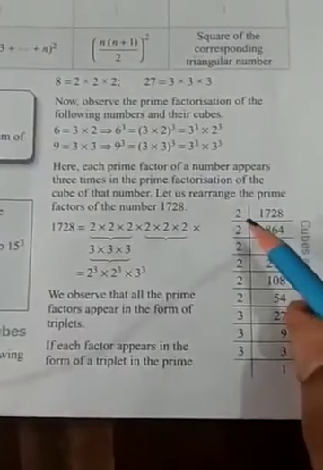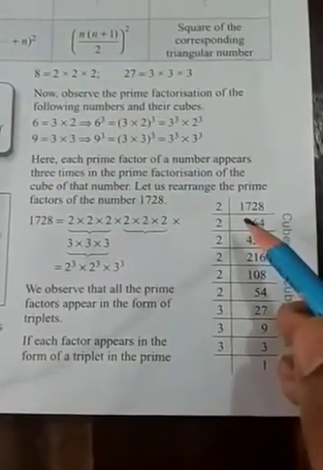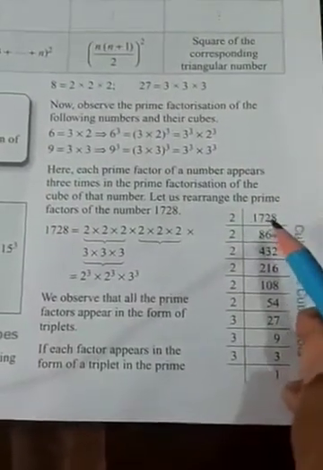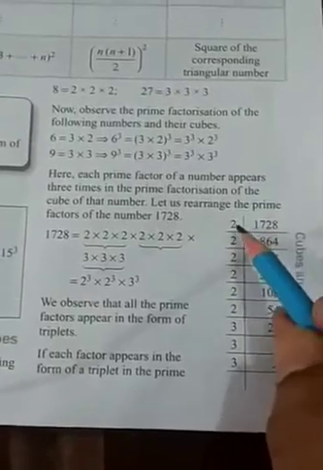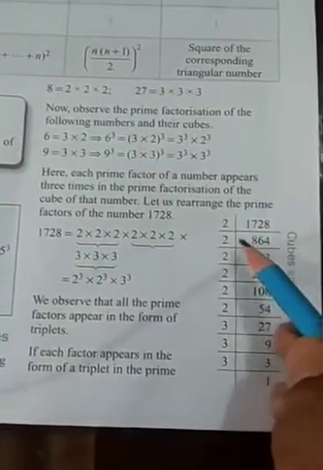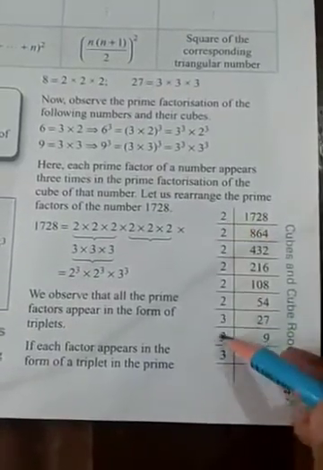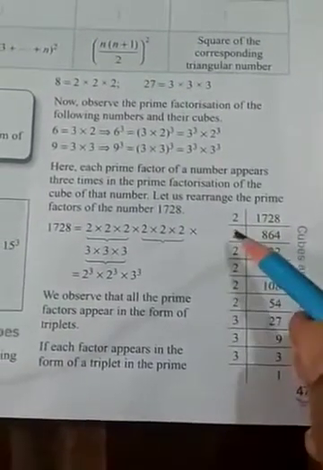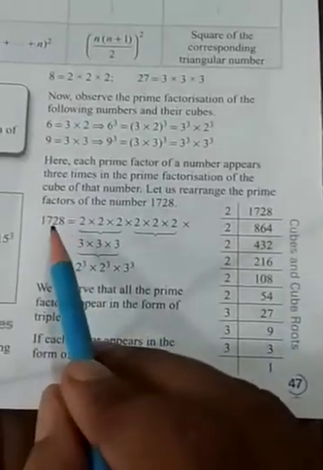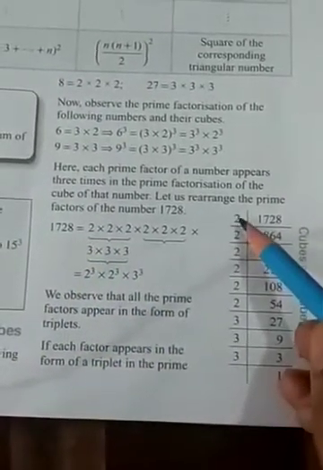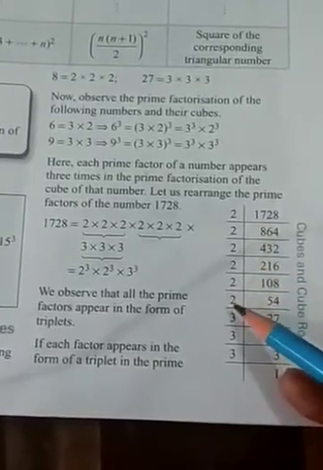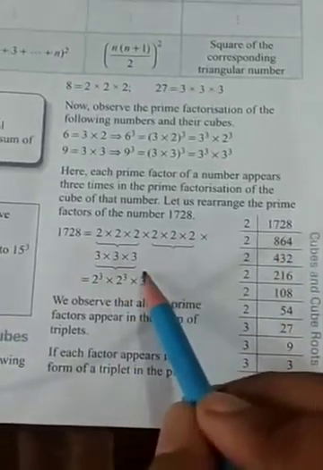So this method is well known to you because in earlier classes you have done this. It is divisible by 2. So we can divide it several times by different prime numbers. You have to divide by prime numbers only. So we have to write this number 1728 is equal to, how many times is 2 there? 1, 2, 3, 4, 5, 6, 6 times 2 and 3 times 3.